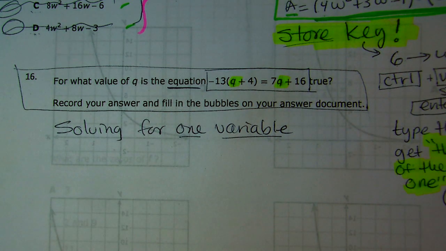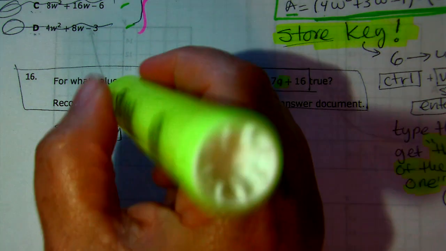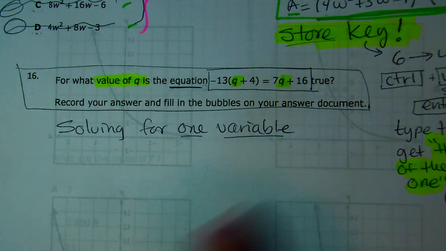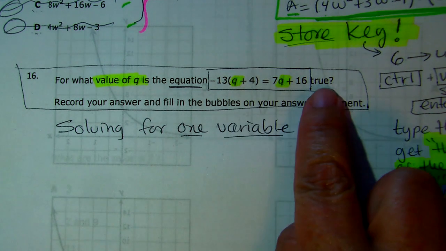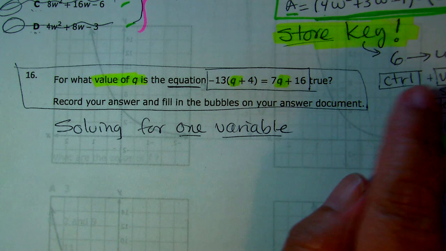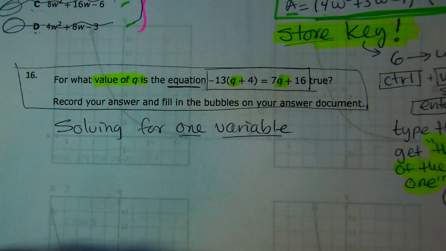So they're asking you, what is the value of Q that makes this equation true? All right, so whatever the value that you have for Q, it's what makes it true. Now